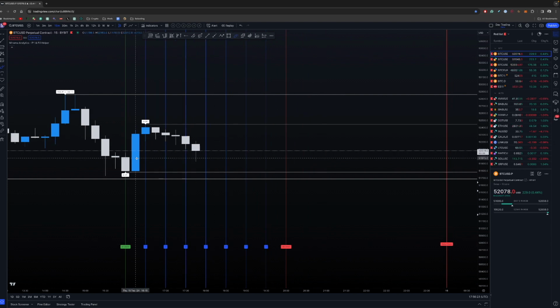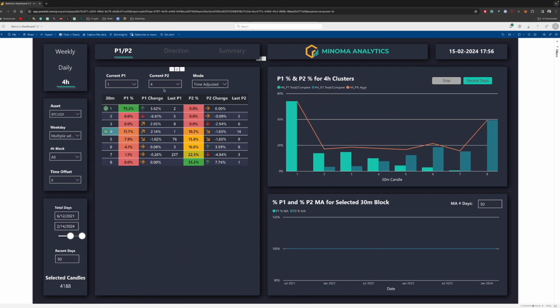And right here we can see the first block right here. You can see here 2, 3. So this means start of the second block, start of the third block, and so on. So right now it's very easy to see the 4 hour P1 in the first block and the 4 hour P2 in the second block. So all I have to do now is just press this, and I will get the time adjusted filters.